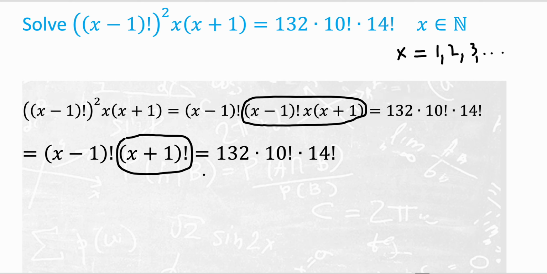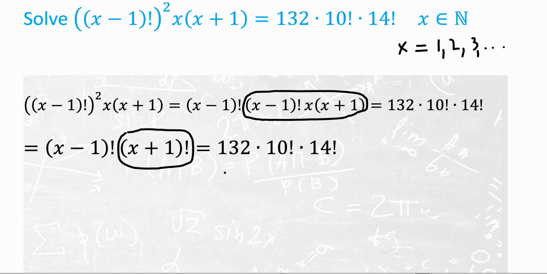Now also notice that this piece right here, 132, that's the only part that's a little deceptive, but 132 is the same as 11 times 12, right? So we can write 132 as 11 dot 12, right? But notice what happens there. When we combine 11 times 12 with 10 factorial, we get 1, 2, 3, 4, 5, 6, 7, 8, up through 10 times 11 times 12, right, which is 12 factorial. So this entire expression right here would become